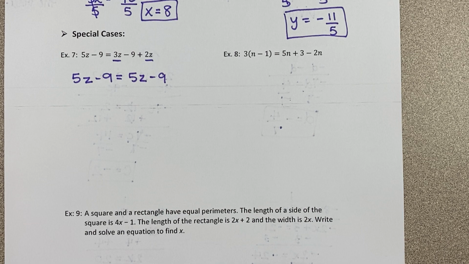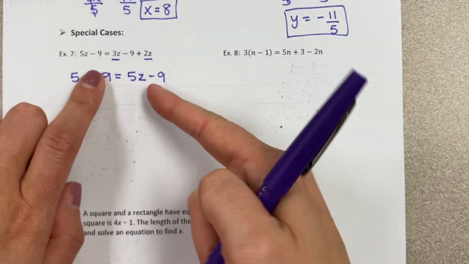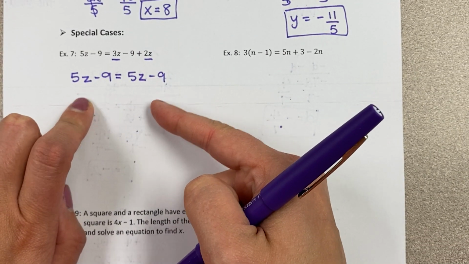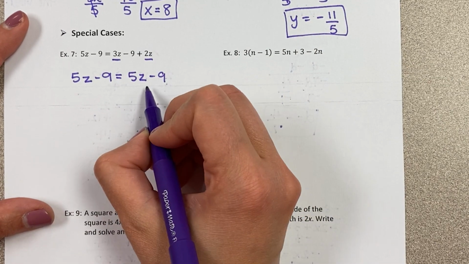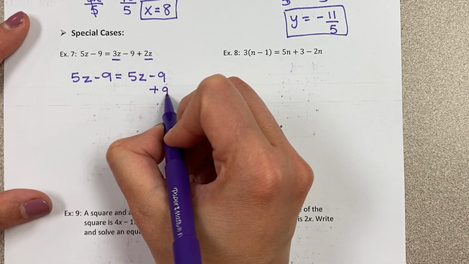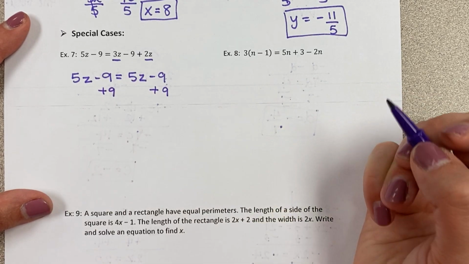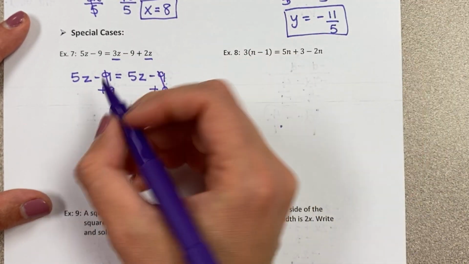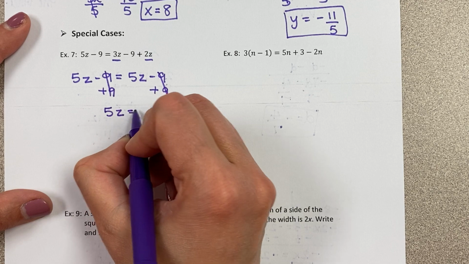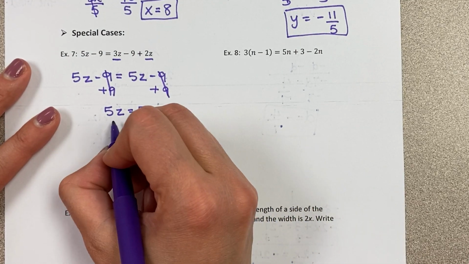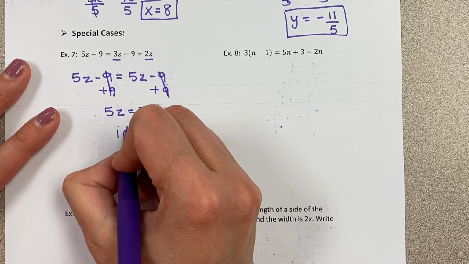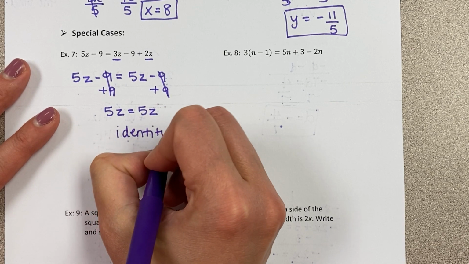All right, now let's look. Is it the exact same thing on each side? Yes. And if I move these 9s, they're both going to cancel out. So we're left with 5z equals 5z. Same thing would happen if I moved the 5s. I would subtract them, we'd get 0. It just wouldn't work. So this is called identity,